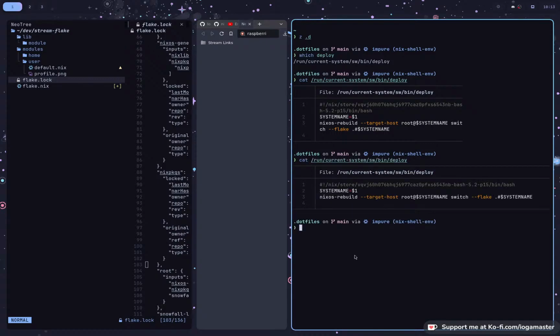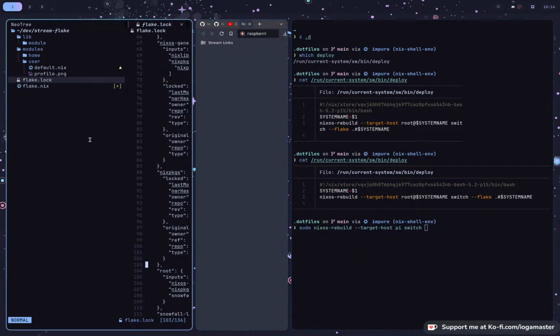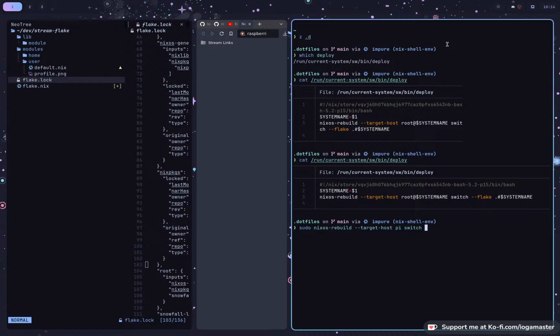All it does is use nixos-rebuild. So sudo nixos-rebuild, and then we say the target host name, which in this case would probably be, I believe it's normally pi, right? So we do a target host pi switch, and what this will do is build a complicated system on your powerful computer, your desktop. It would build the entire system here and then send it over the network